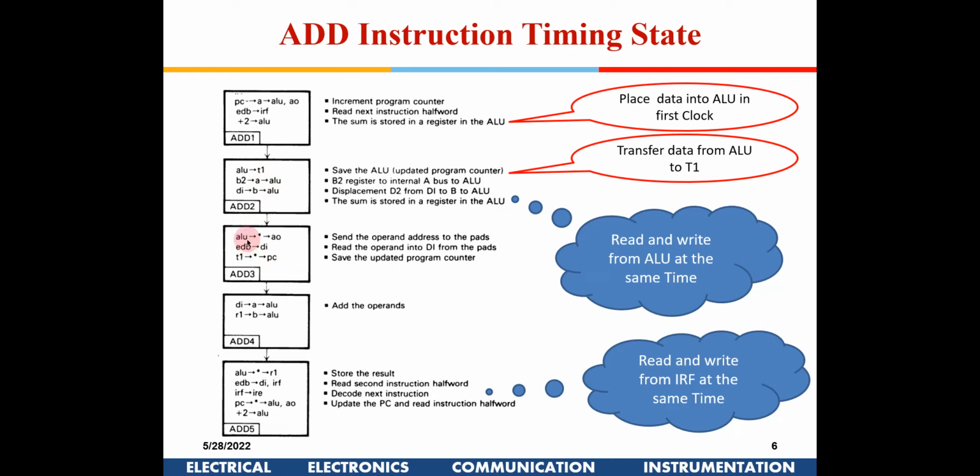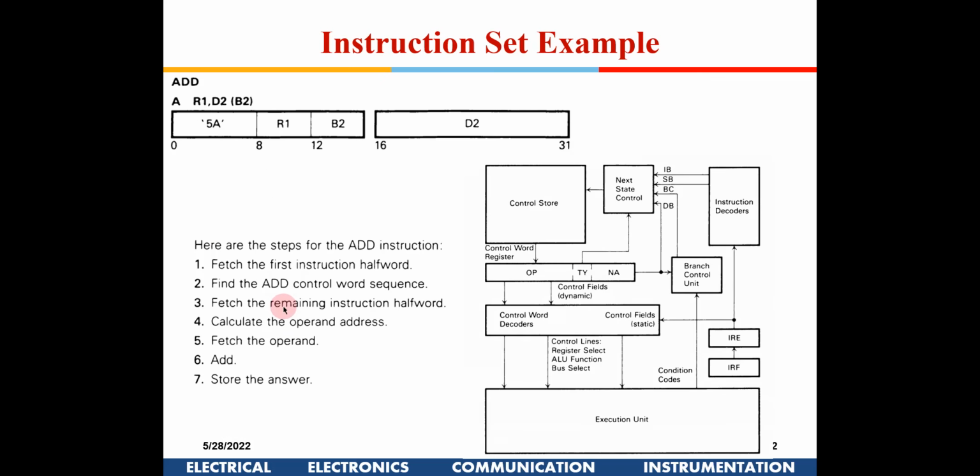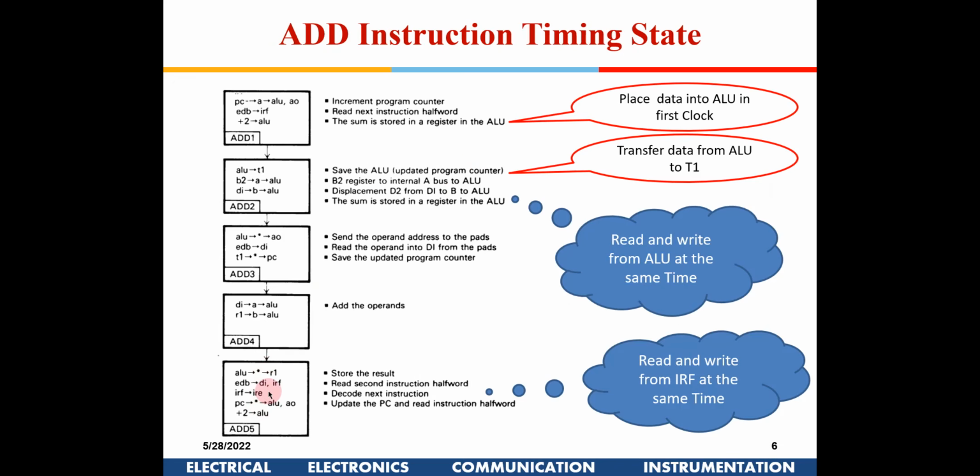Then you have the ALU coming to AO, and from the external data bus it is coming to DI, and T1 is coming to PC. So the PC has been incremented now, right? From the external data bus it's coming to DI, and from the ALU to the AO. This is what we discussed in the earlier slides. Here we are adding these two data. What we are actually doing is this instruction, like I explained in the beginning. So that is what is happening here, and this is again